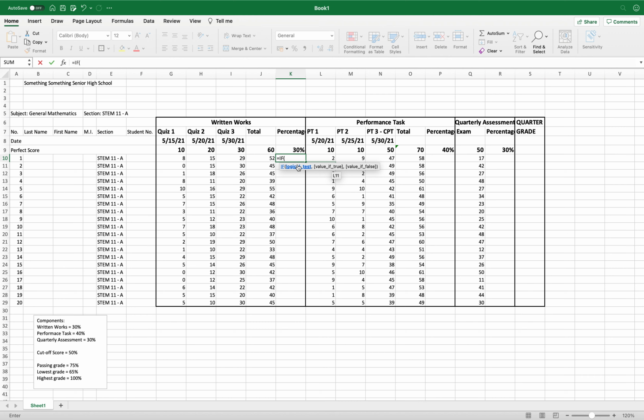So what we're going to test is actually their score, the student's individual score. I'm going to type it, click it, this one, cell J10, and I'm going to say, since our passing grade is 75% and our cutoff score is 50%, we need to have it as, if this score is greater than or equal to 50%, 0.5 of the total. That will be the important step. And we want the total to be